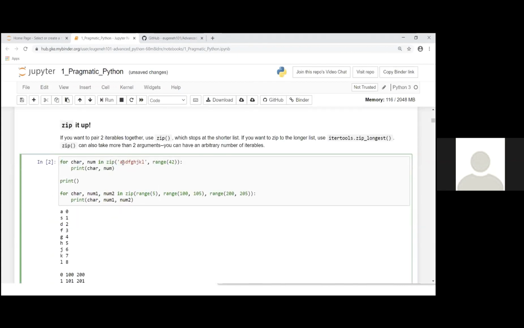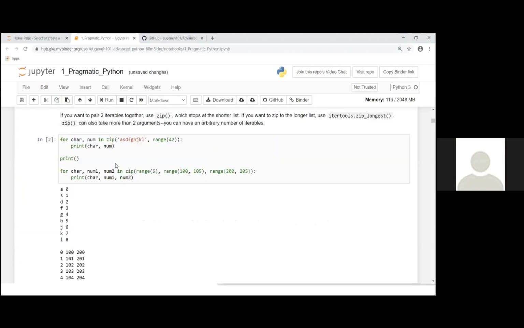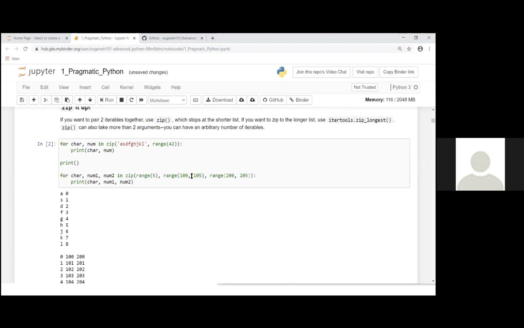Let's take another useful tool called zip. Basically, if you want to go over 2 iterables simultaneously, you could use zip, and you could even do that for n arguments. So you could do it for 3 and more iterable objects. And what it will do is it stops at the shortest one.